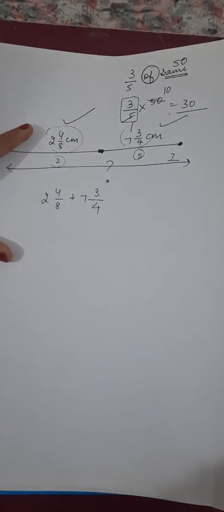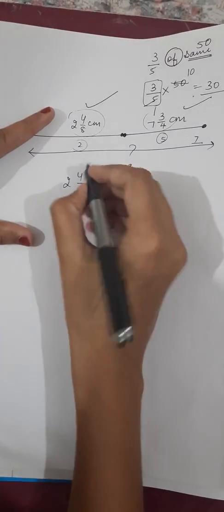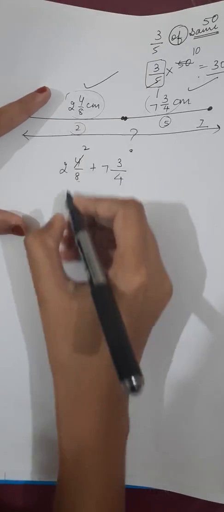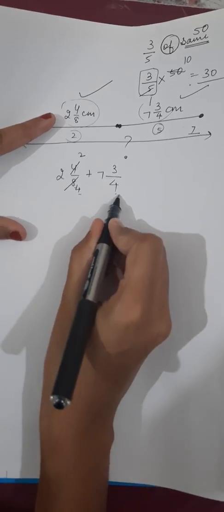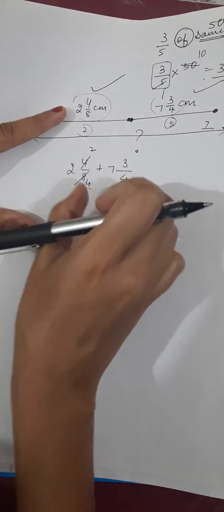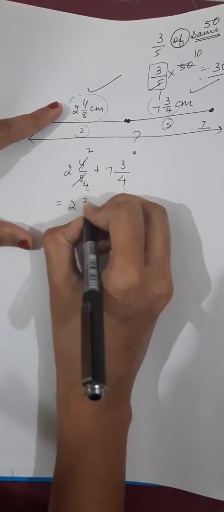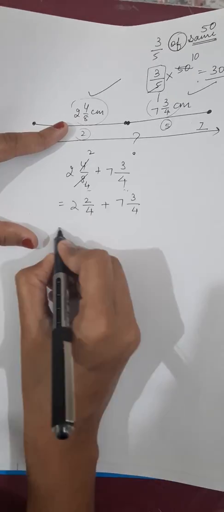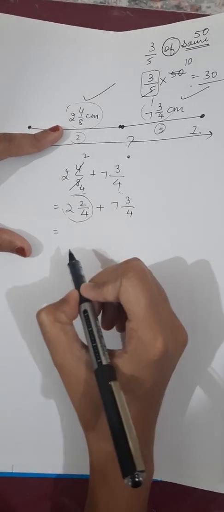Now I can make my calculation easy here by making my denominator same. If I am going to cancel these two on the table of 2, 2 2s are 4 and 2 4s are 8. Now I can see that my denominators are same. I don't have to take a LCM separately for the different denominators, because I have already made here same denominators. Now the fraction becomes 2 2 upon 4 plus 7 3 upon 4. This is the fraction. Now this is mixed fraction. This mixed fraction now I am going to change to improper fraction.